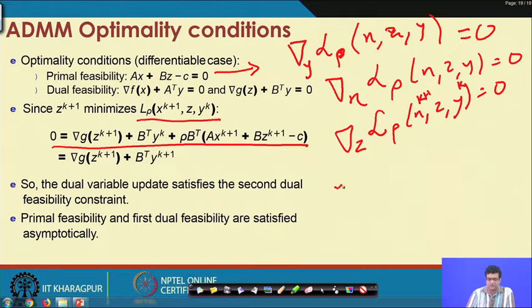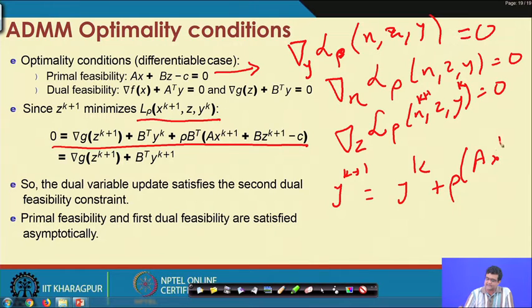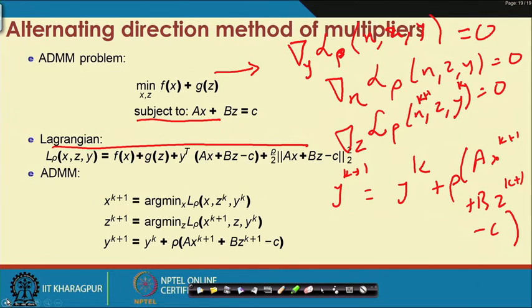Now, if we just substitute back the update for the y, if you recall, the update for y_{k+1} is nothing but y_k plus rho times (A x_{k+1} + B z_{k+1} minus c). Okay. So, if you recall, this is your update for the y_{k+1}.